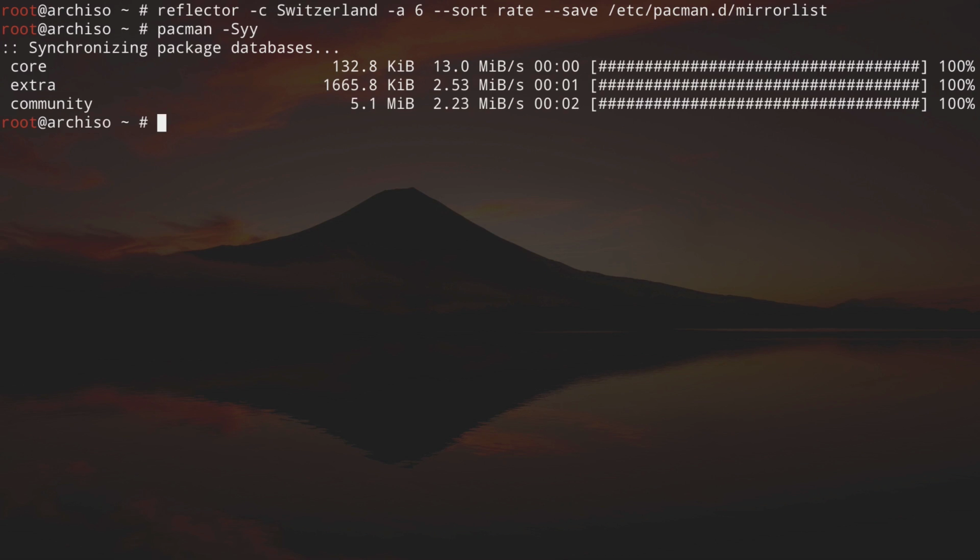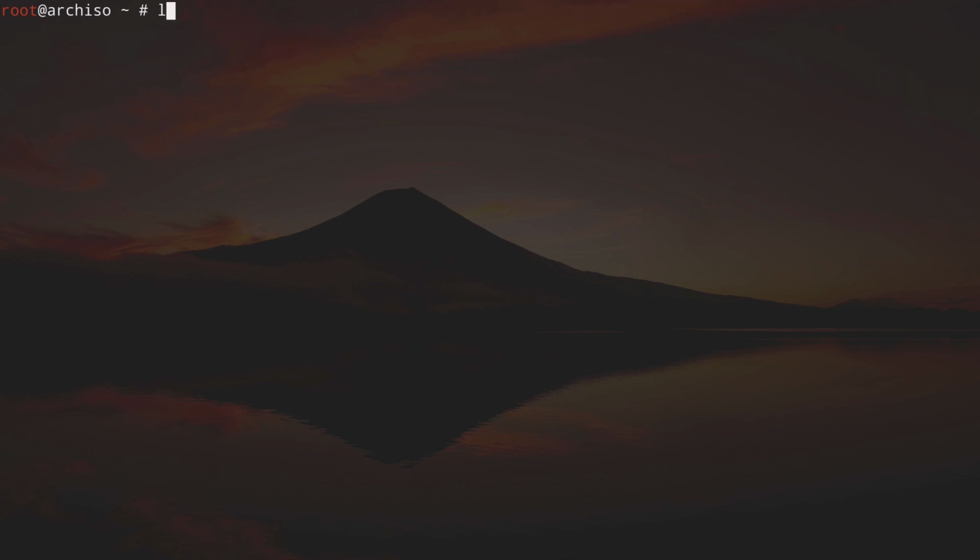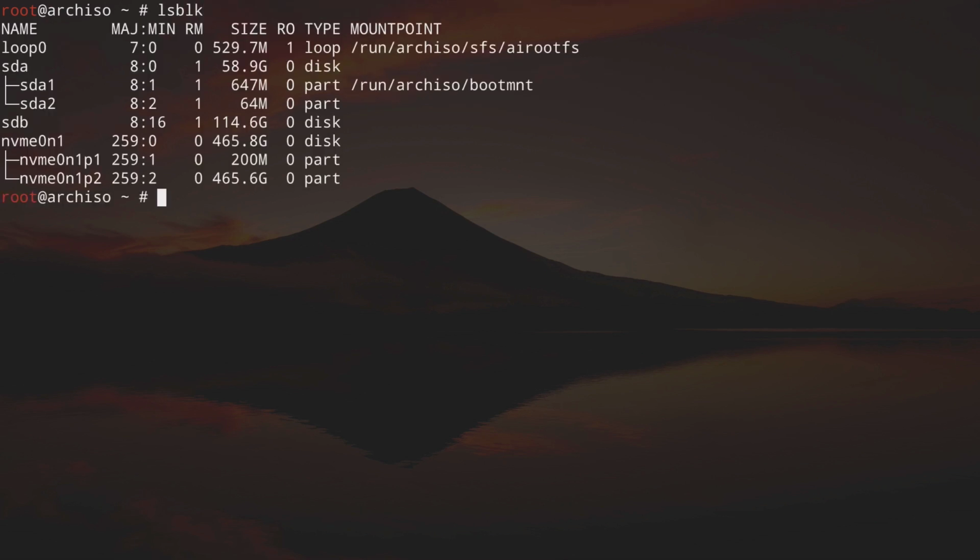And now we are set to go. So let's clean up the terminal and type in lsblk and hit enter. Now this is the scenario. We have SDA, which is our Arch ISO here. We have SDB, which is around 115 gigabytes. This is my second USB drive where I want to actually install Arch Linux. And then I have my internal drive in my PC, which is an NVMe drive. Now I will not care about this one in this installation because we want to install Arch Linux on